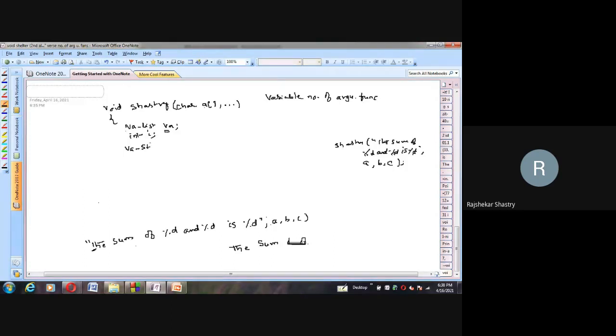Those of you from CSE and IT, how do we do file programming? First we take the file pointer, then we open the file with fopen, then we process the file, and once the processing is over, we close. Similarly here, we have taken a variable of va_list type, like a file pointer, and we bind it with va_start(va, a), simply. The base address will be passed.